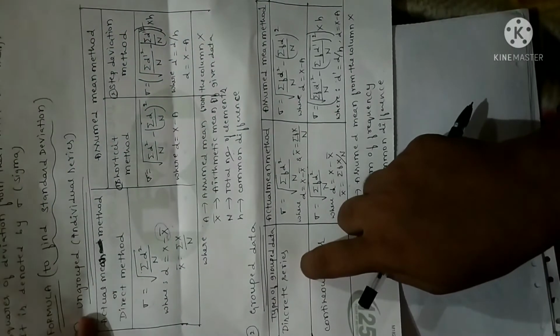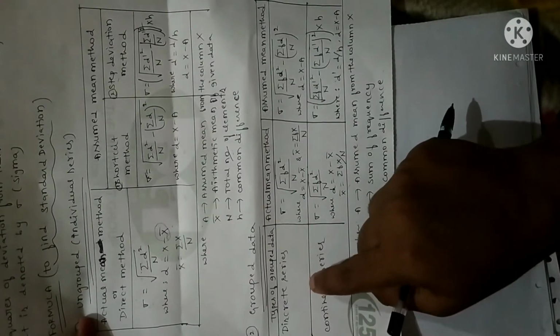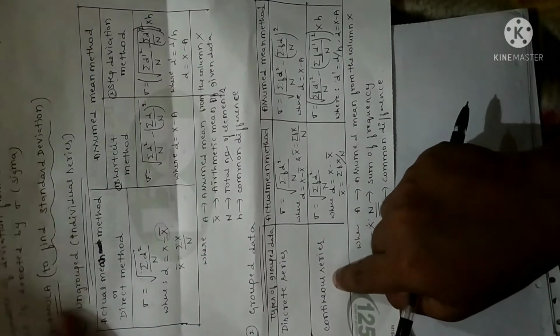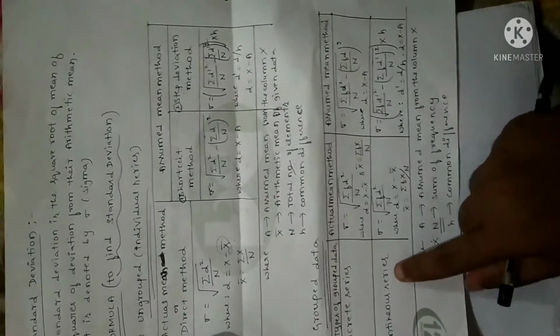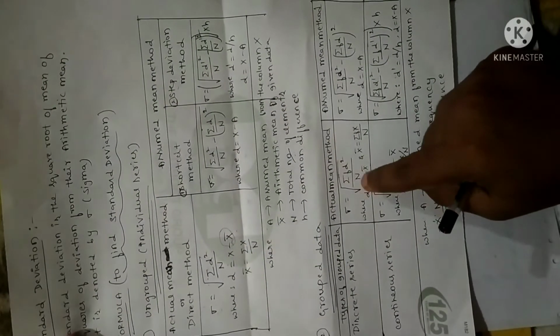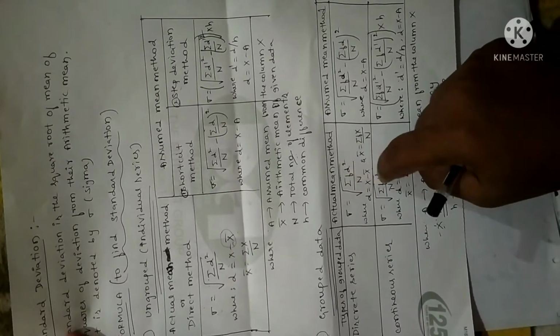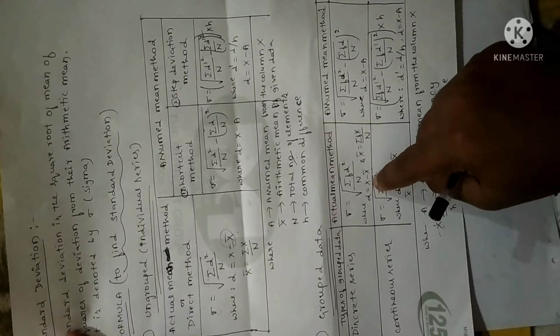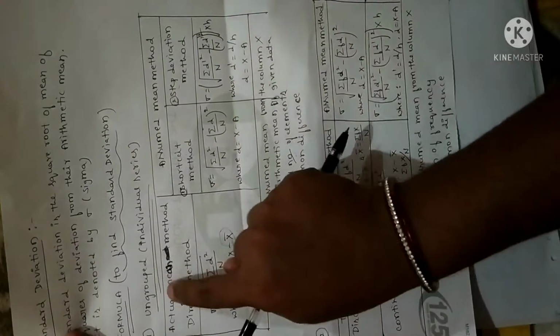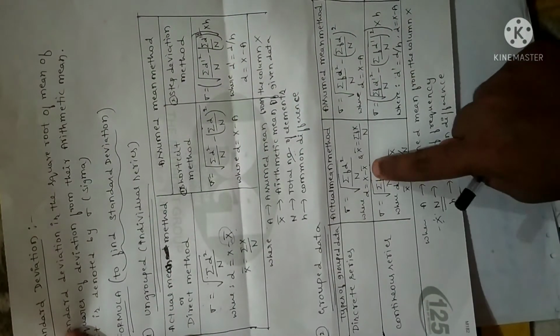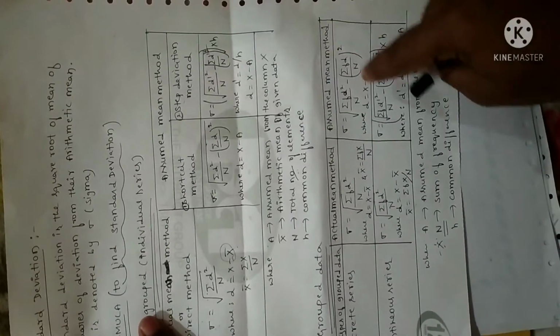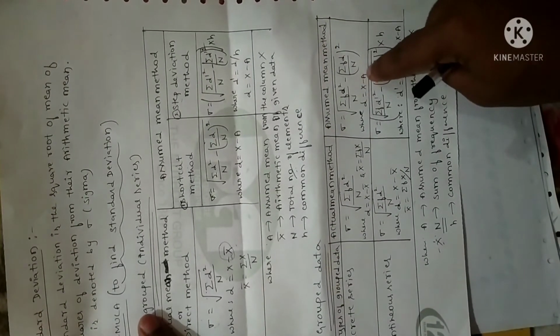Now coming to the grouped data. For grouped data, we have discrete and continuous series. Discrete is where x values and f values are given, with x values given directly, whereas in a continuous series, x values will be in terms of class intervals. In that case, actual mean can be calculated using the formula sigma = square root of sigma fd square by n, where d is calculated with reference to the mean. Wherever actual mean is there, you calculate with reference to the mean, x bar. Wherever assumed mean is there, you calculate with reference to the assumed mean A.